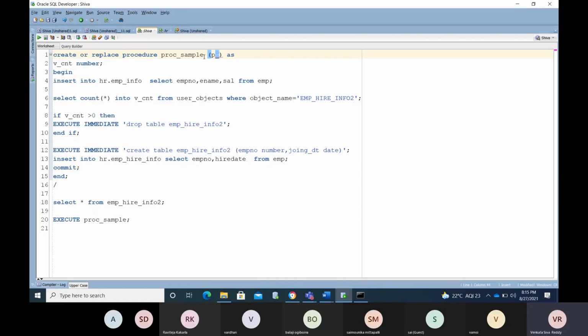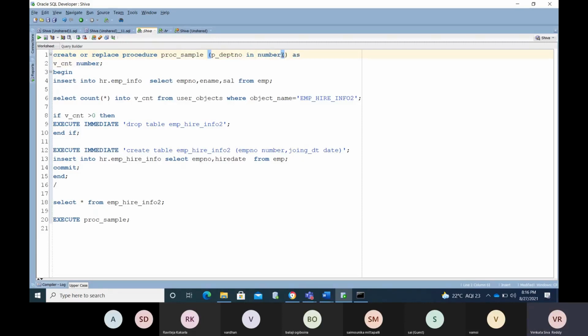So we will say P underscore DEPT number, in the input parameter, as IN NUMBER. Everywhere else you need to mention the size while declaring the data type, but in the parameter declaration you need not put any size here.